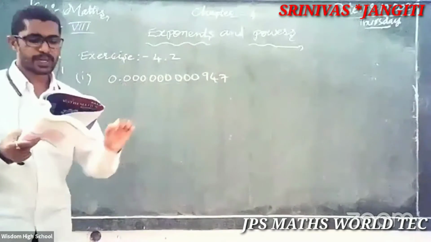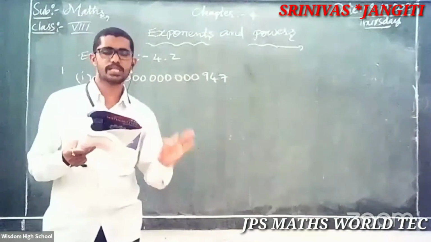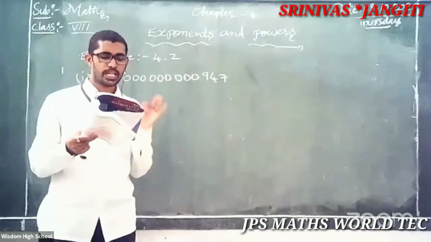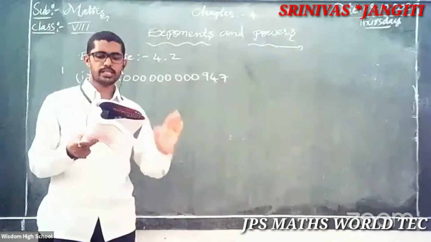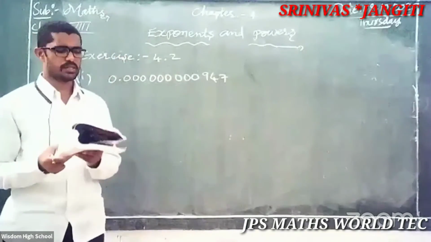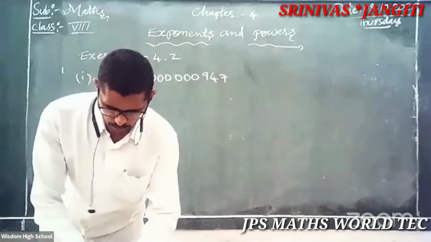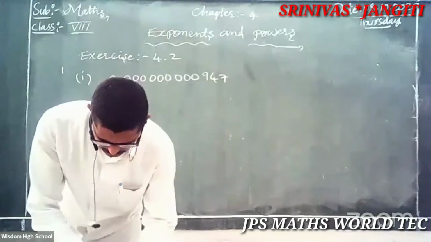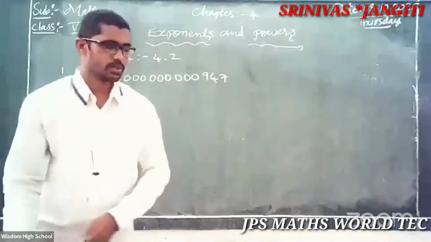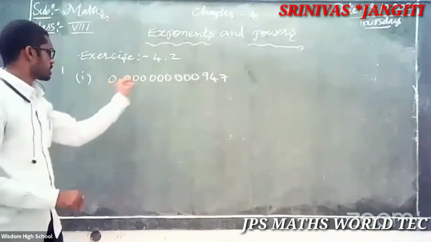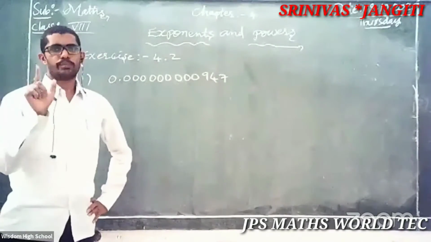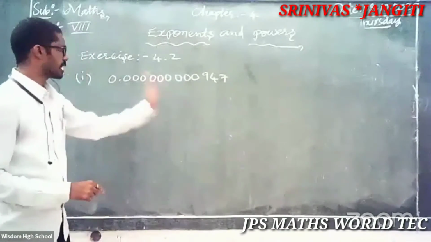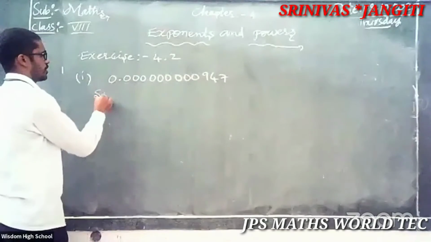Express the following numbers in standard form. So simple. Very important also. That's why concentrate. Express the following numbers in standard form. How is this so simple? First observe the problem: how many zeros are given? Yes, 9, that is 3, 3, 3. So this is the problem. First you observe this. Once you know one problem, the whole exercise is so simple. That's why perfectly observe this problem, and I'll start the solution here.